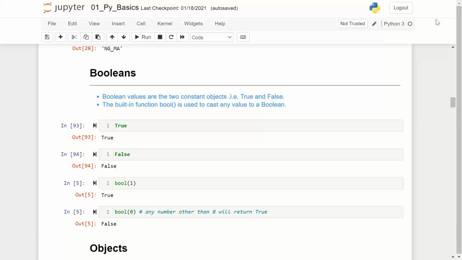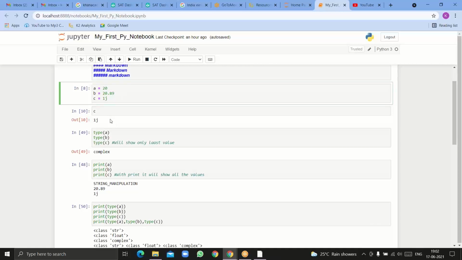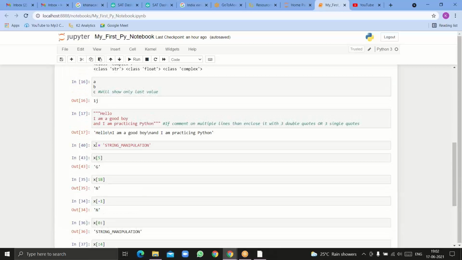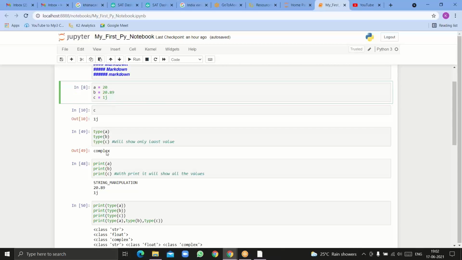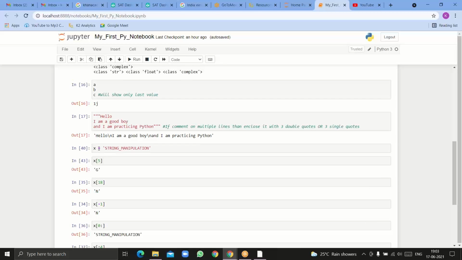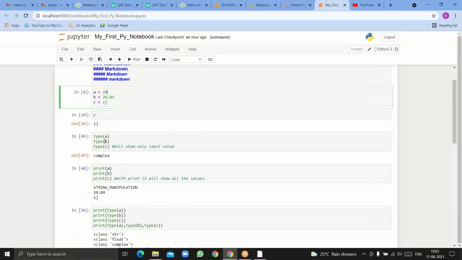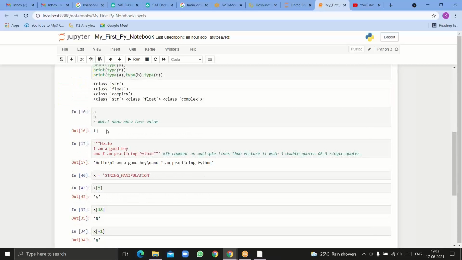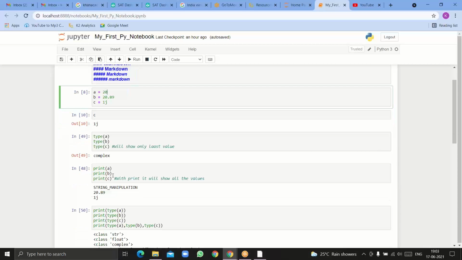Boolean. Sir, one thing. Yeah. Can you explain the problem statement once again? First, I assigned value A here as 20. Then when we were doing string manipulation, by mistakenly, I assigned this also as A. Yeah, A equal to string manipulation. So then, an error came. I went up and I saw. So then I changed the. No, but A equal to then string manipulation, then first, there would not be any error. A equal to string manipulation will work. Yeah, then I came here and I run